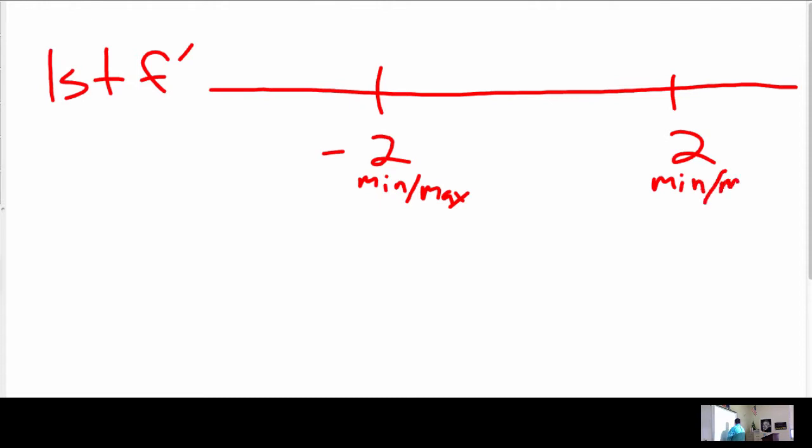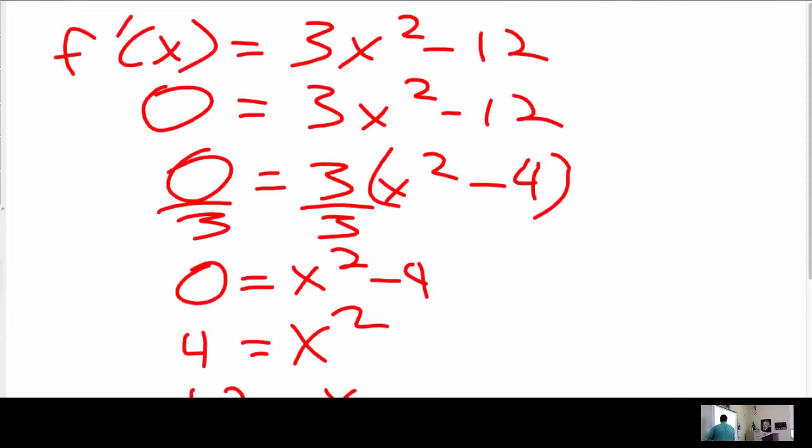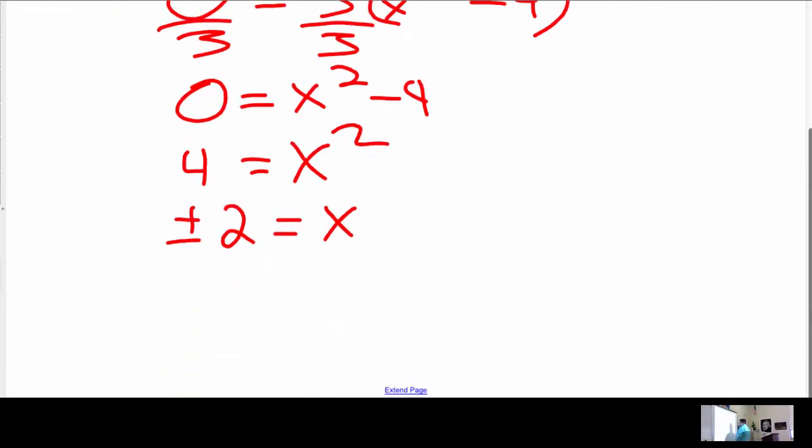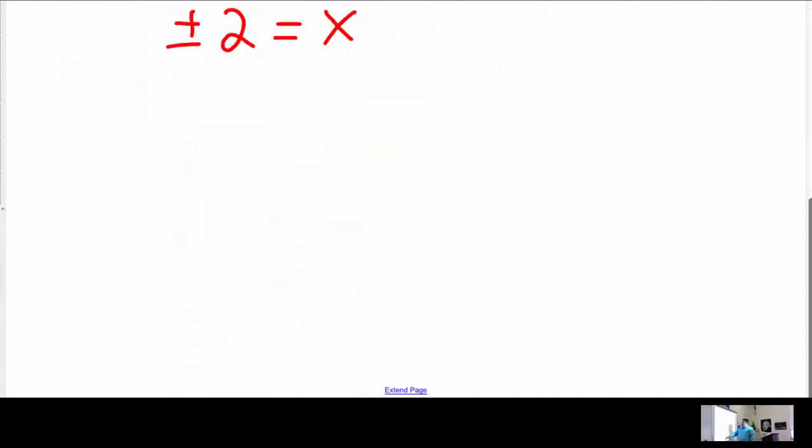And then the other thing I want to know is if the function's increasing or decreasing. So remember that f prime, so let's go back and look at f prime, okay? So I need a point here that's less than -2. I need a point in the center of 2 and -2. 0 is very convenient. And then I need any point greater than 2. So if I come back to my f prime, and I come back here, I could say f of